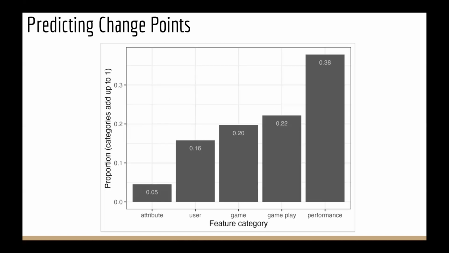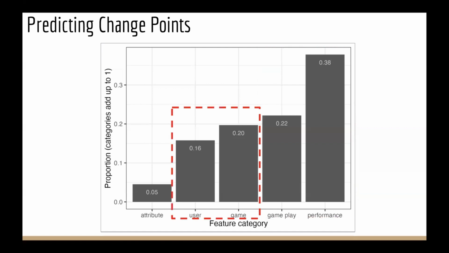Here we show the proportions in the model's feature-based aggregations, highlighting which features are most important for predicting when a change point would occur. The two features with the highest importance were lag performance and gameplay. Notably, the performance in the preceding trials, which is what the lag values represent, is the most important category for predictors. Naturally, the change detection algorithm that determines when a change point is inferred or not